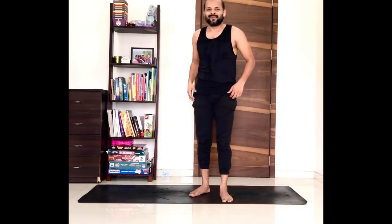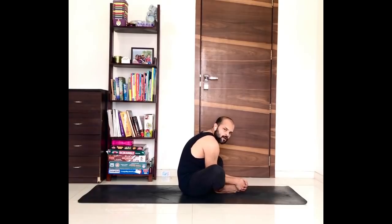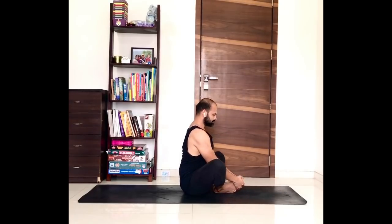Now, let's sit down. Get into Baddha Konasana or the cobbler's pose. Join your feet fully. Back should be straight. You should be sitting on your tailbone or your hip bone. Back should not be rounded, back is arched. Don't sit like this. Back should be arched. Okay? So with a straight back,